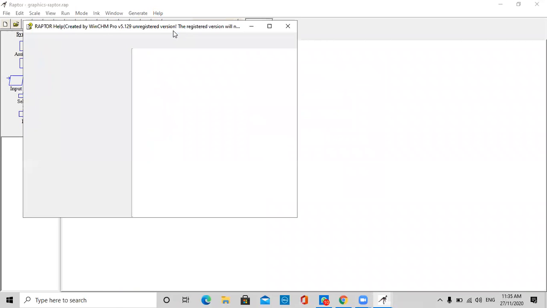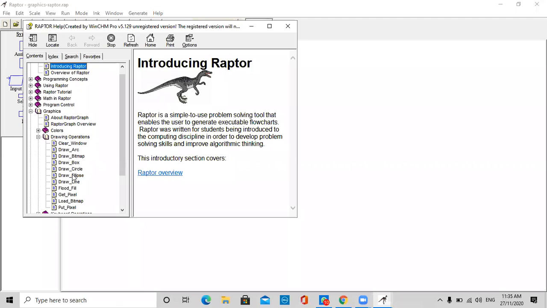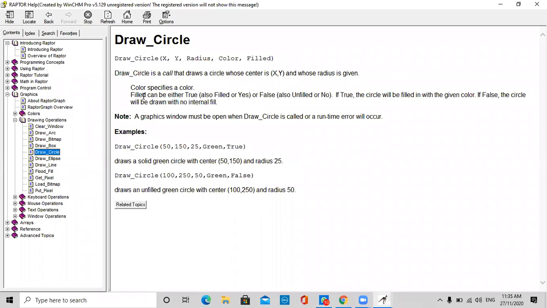To confirm it, let us again go to graphics, drawing operations, draw a circle. Coordinates of the center, where the center is x, y, and the radius is given, right? Yes, sir.